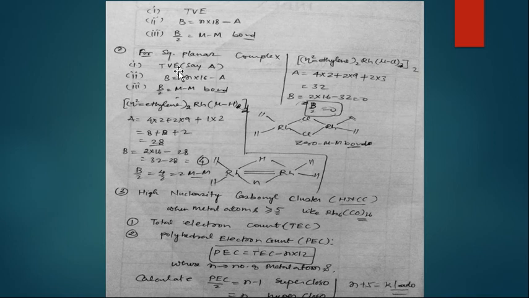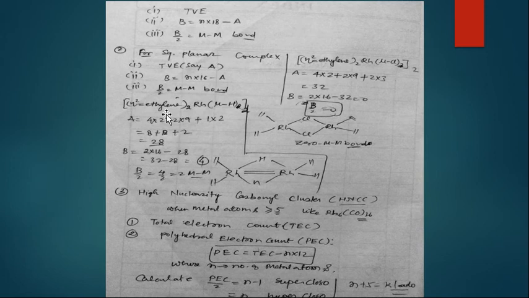First calculate the total valence electrons of the given complex. The second step is to calculate B. Here B is N, the number of metal atoms, multiplied by 16, minus the total valence electrons, because these are square planar complexes. In a square planar complex, the central metal atom is attached to 4 ligands, so that's why we multiply by 16. The third step is the same: B divided by 2 gives the metal bonds.